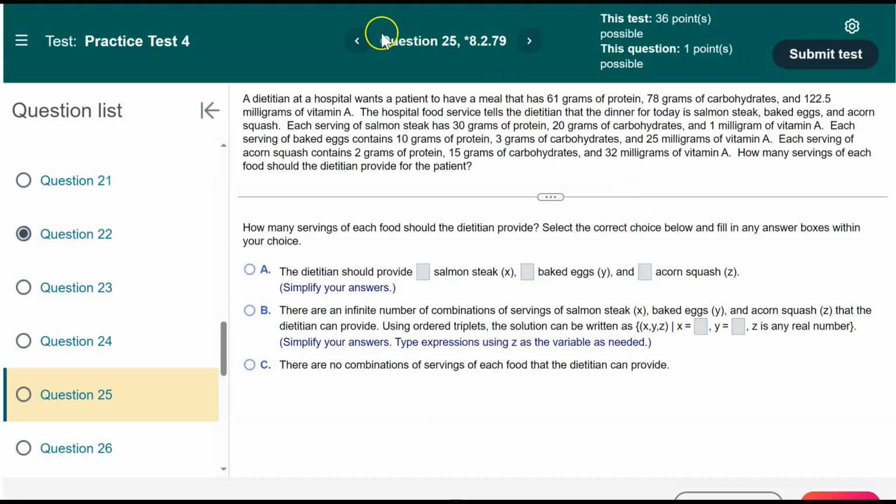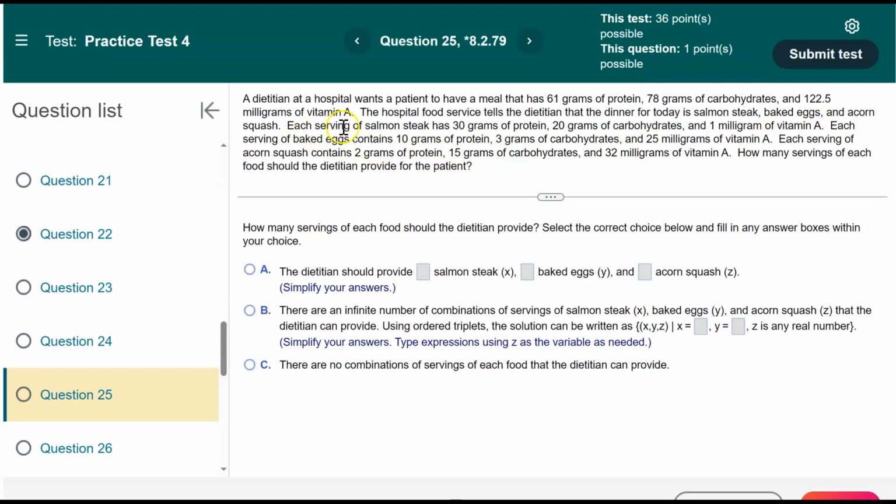Now let's consider the following problem. A dietitian at a hospital wants a patient to have a meal that has 65 grams of protein, 78 grams of carbohydrates, and 122.5 milligrams of vitamin A. The hospital food service tells the dietitian that the dinner for today is salmon steak and baked eggs and acorn